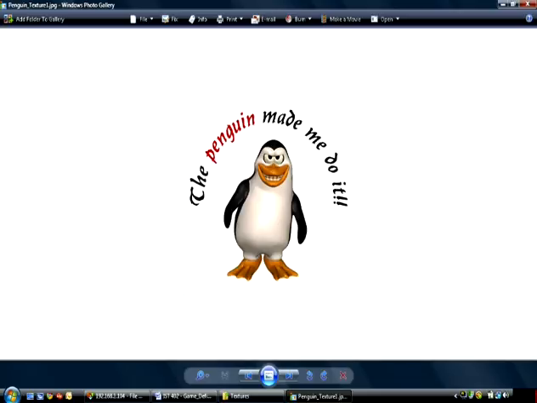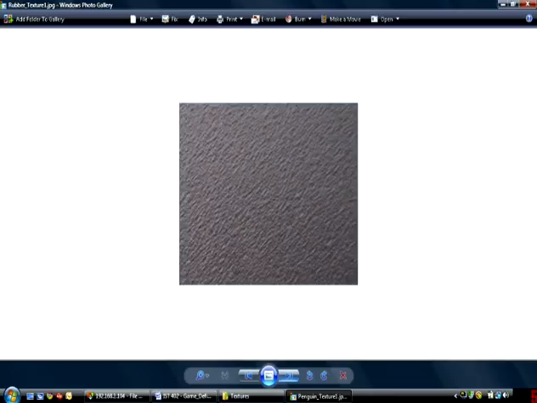Here's another penguin that we're going to wrap around another wireframe model, another one of the enemies that's going to be in the game. This is just a rubber texture, which our main vehicle in the game is going to be a rocket-powered inner tube, which the character Sam finds. This is going to be the texture we apply for the inner tube portion, and we're just going to change